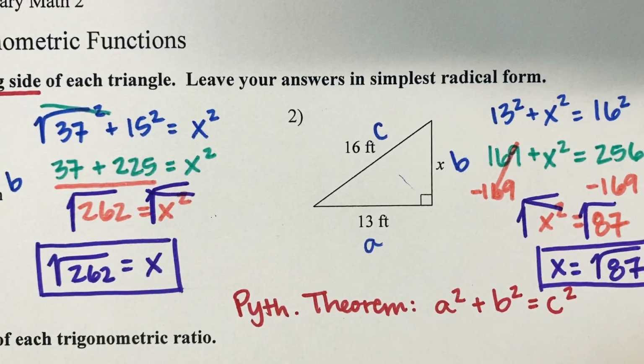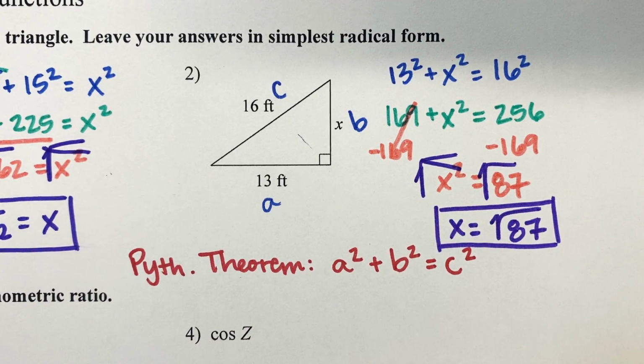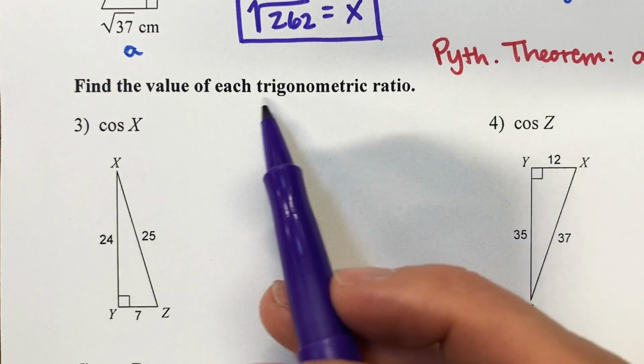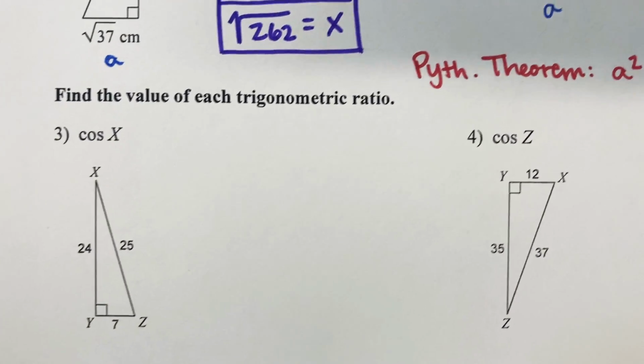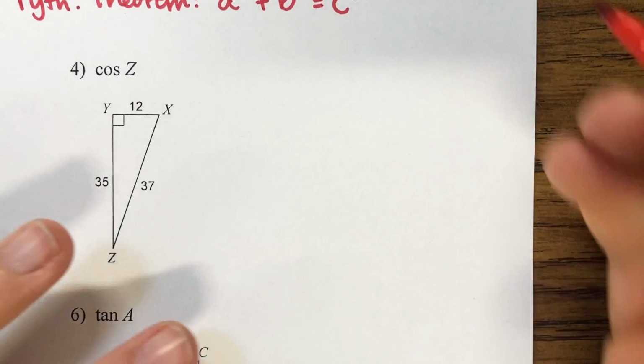Okay, so that was just a quick reminder on the Pythagorean theorem: a squared plus b squared equals c squared. Now we are going to be talking about trigonometric ratios. Here are the notes that I want us to write on our paper. On the side of our paper over here, I want us to write